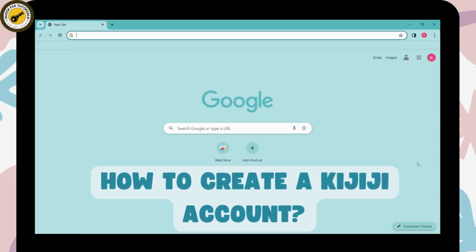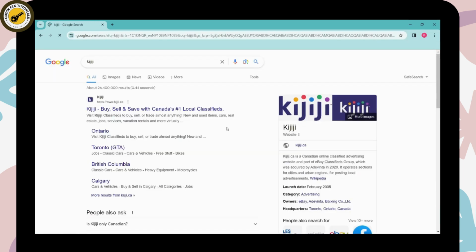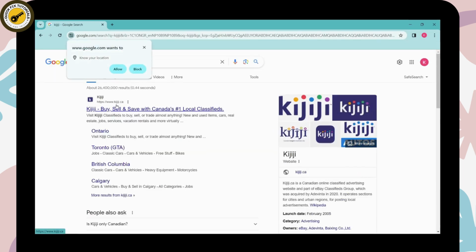How to create a Kijiji account. So if you want to create a Kijiji account, then first of all you need to open up a browser, any browser that you are comfortable with, and I'm here with Chrome browser. Simply go for the search bar and search for Kijiji, and after searching here you will have www.kijiji.com. Go for that,